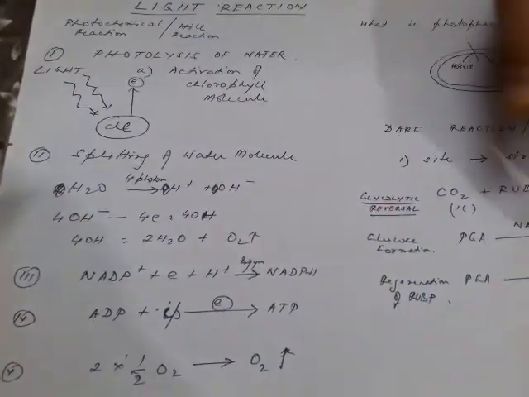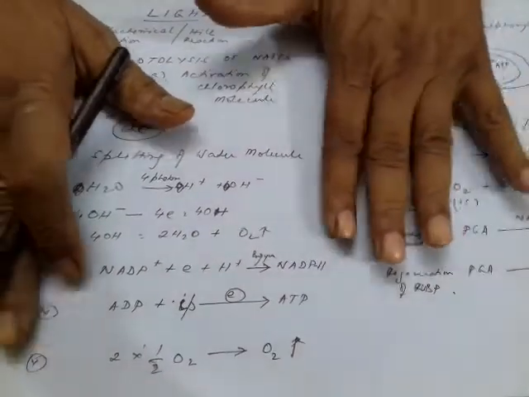Now we are going into the two reactions. The first reaction is called the light reaction. The light reaction is a reaction which takes place in the thylakoids. Now what is a light reaction? Why do we call it a light reaction? It's called light reaction, also known as Hill reaction, also known as photochemical reaction, because these reactions take place in presence of sunlight. Without light this reaction cannot take place. That's why it's called photochemical.